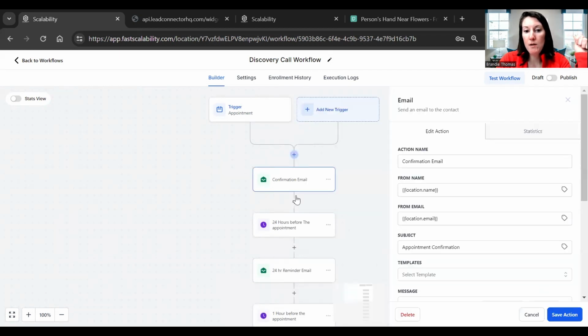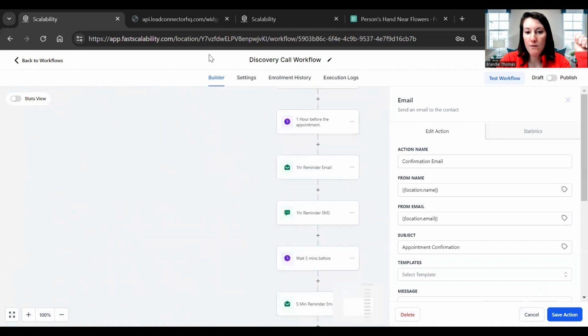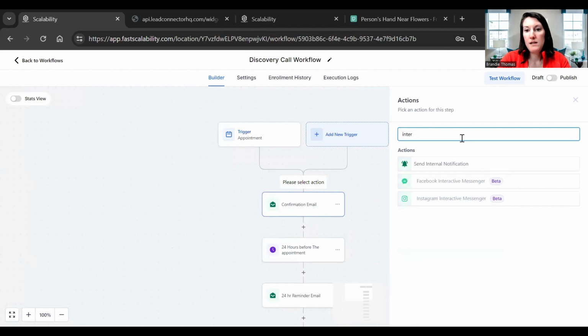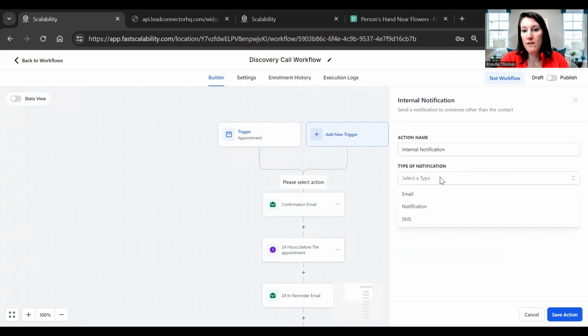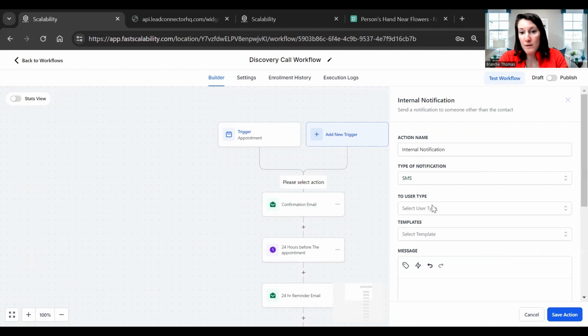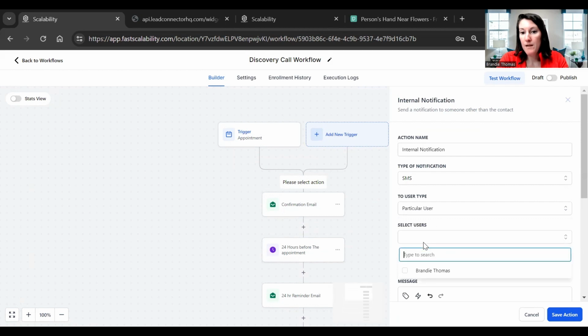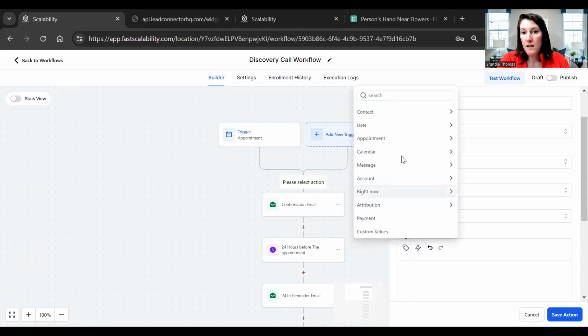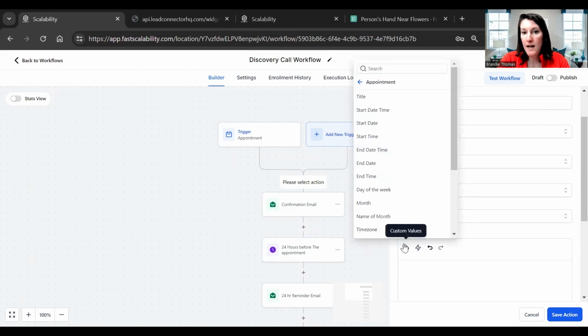Now I'm going to show you something that's not in here that I really love. And this is the send internal notification. So I love this. You can do an email or text. I love to do a text, and you can make it so it's all users, assigned user, particular user. And then you can select your name, and then you can say, hey, appointment. So this is the tag, and where you can do those values. So I'm going to say appointment was booked